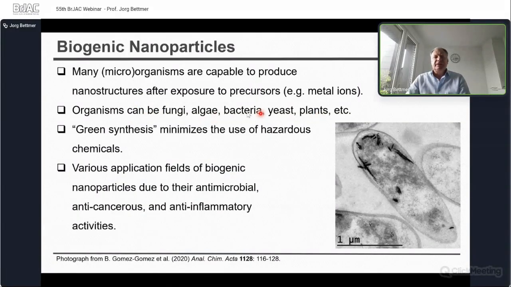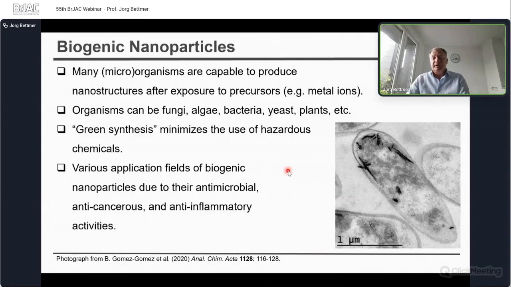We have somehow the possibility to achieve the production of these nanomaterials by a green synthesis, because we minimize the use of hazardous chemicals. And why are they so interesting? Because some of these biogenic nanomaterials show antimicrobial, anti-cancerous, or anti-inflammatory activities,